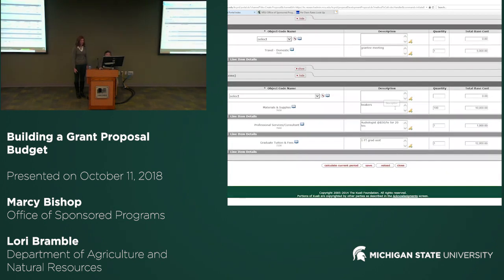It's really important that you put the graduate student tuition and fees under the correct object code, because the system knows not to charge F&A on those. That's why these object codes are very important. It's also really important if you're submitting something to NIH, so this will be going through our system to system, because then that means it will populate the forms correctly. So make sure that you use the correct dropdowns.